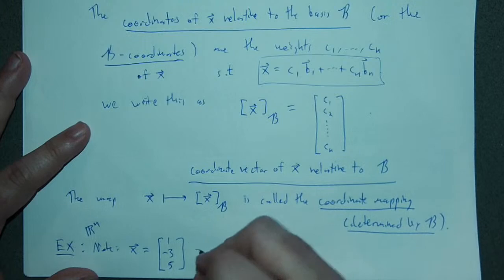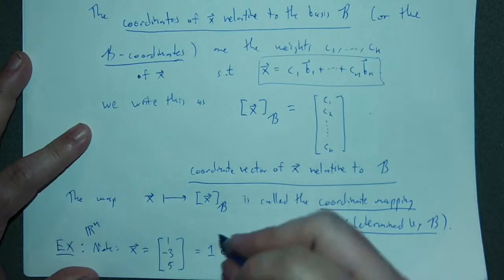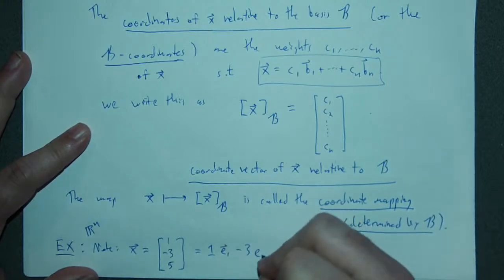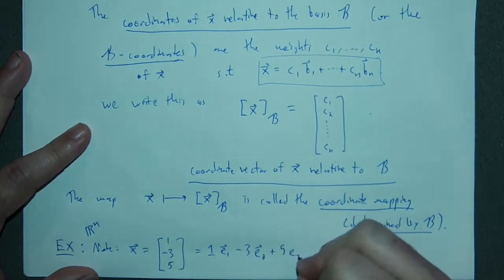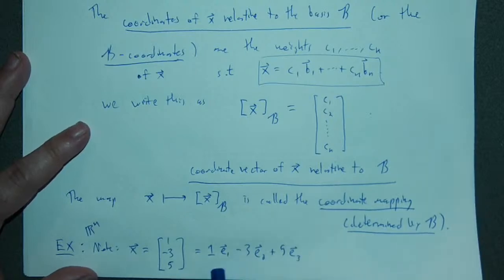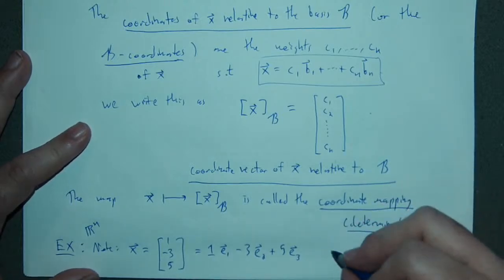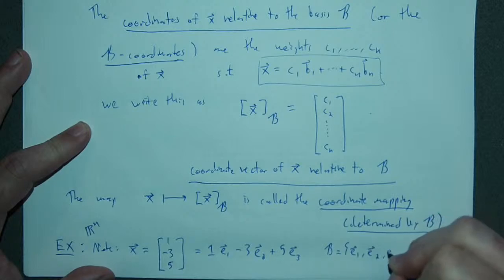Well, one way of viewing this is that this is 1 times the standard basis vector e1, -3 times the standard basis vector e2, plus 5 times the standard basis vector e3. So I have weights describing a linear combination of x expressed in terms of the standard basis vectors e1, e2, e3. And if I look at the set B, that is my standard basis vectors e1, e2, e3,